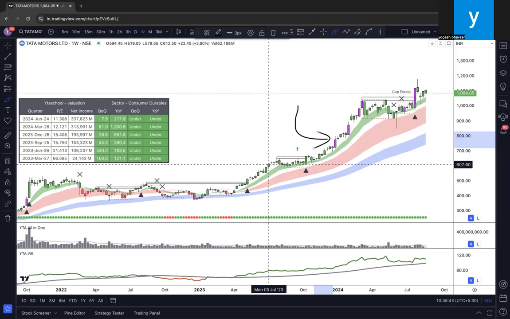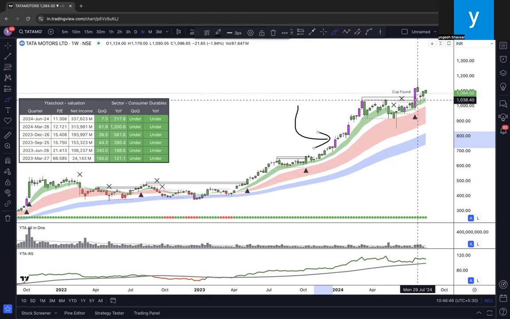The candles are only green and pink in color. If you see a normal chart, there could be a lot of red candles also in between, but I have eliminated them so that we do not enter into panic unnecessarily. If the trend is strong, we don't need to worry at all. Does it mean that the stock will keep going up? No. The point is the trend is up. That's it. What are we doing? We are trying to understand single parameters of my system.